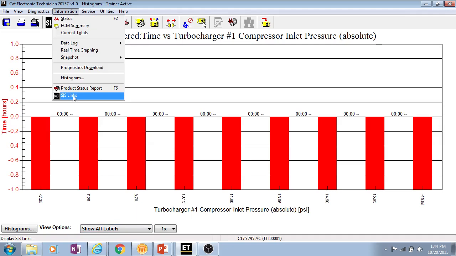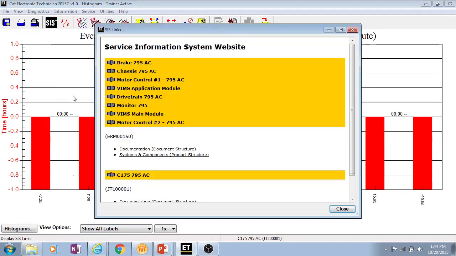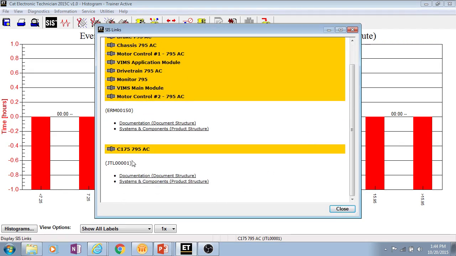And last we have what's called syslinks. What syslinks does is basically it will take whatever's programmed into those ECMs for a product ID. So in most cases it's the machine serial number, except in the case of the engine ECM it's the engine serial number, and it will give you a quick way to link into SYS to either your documentation or your systems and components view. So if we click on the documentation,